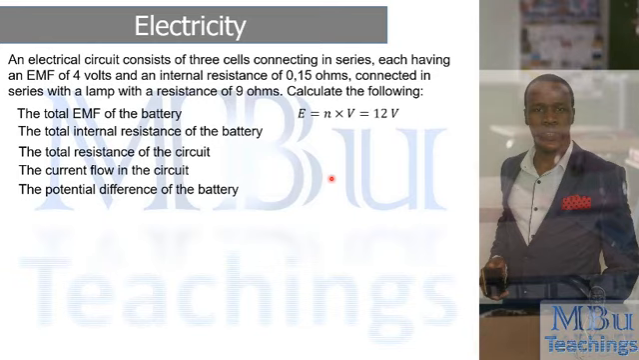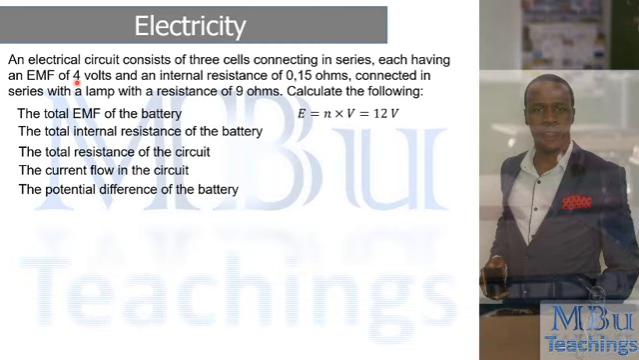This is the formula for the first question, the EMF, simple, straightforward. You just multiply the volts for each cell by the number of cells. We are told that the cells are 3, and each has 4 volts. Multiply 4 by 3, you get 12. Total internal